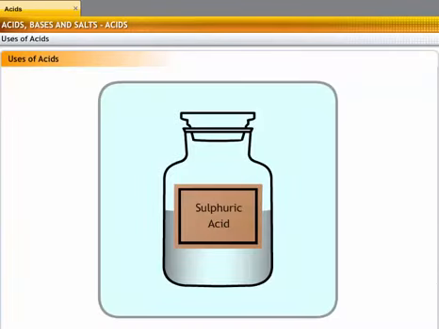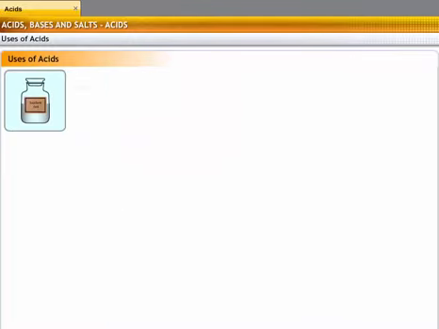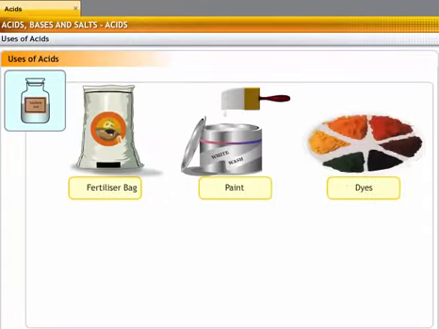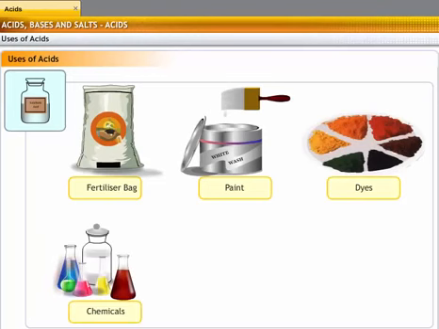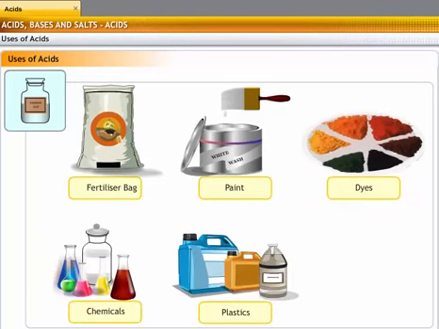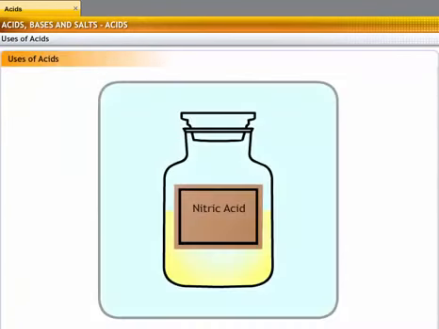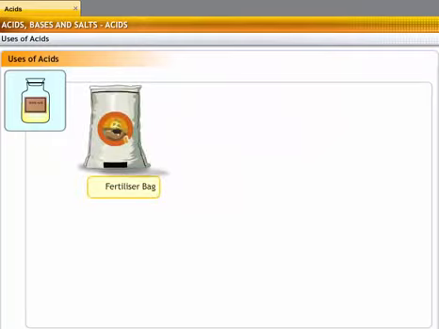Acids have various uses. Sulfuric acid is used in the manufacture of fertilizers, paints, dyes, chemicals, plastics, and synthetic fibers. It is also used in car batteries. Nitric acid is used in the manufacture of fertilizers,